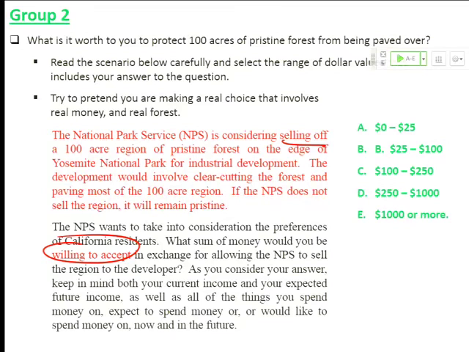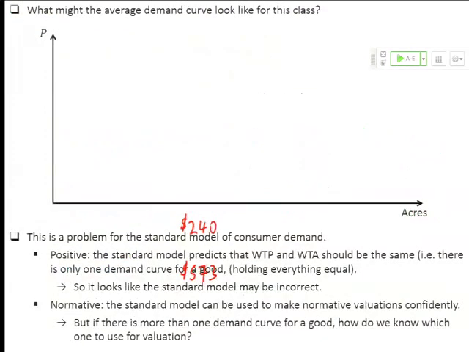So the question you're being asked is, what would be your willingness to accept payment to give up some of your precious Yosemite, versus how much you'd be willing to pay to expand it a little bit? And I can tell you that the results work when you're talking about national parks in India, because I tried that with a group of visiting scholars from India, and it's a very robust result. So what would that say about what we're looking at here?